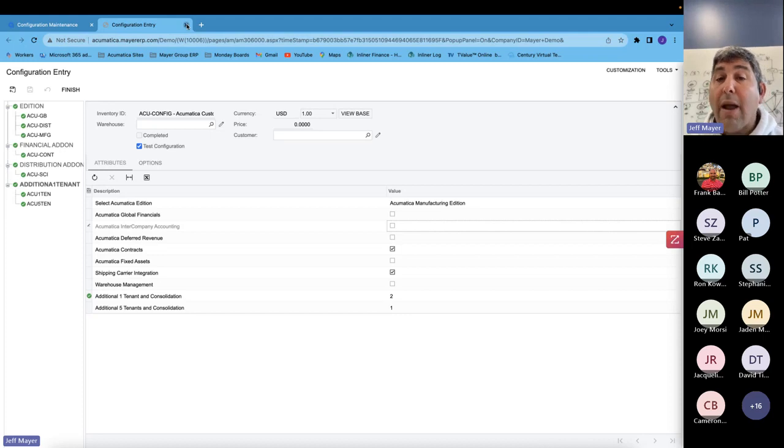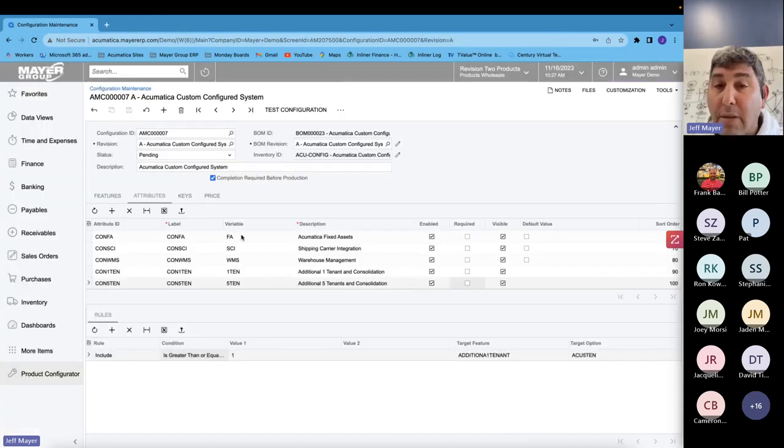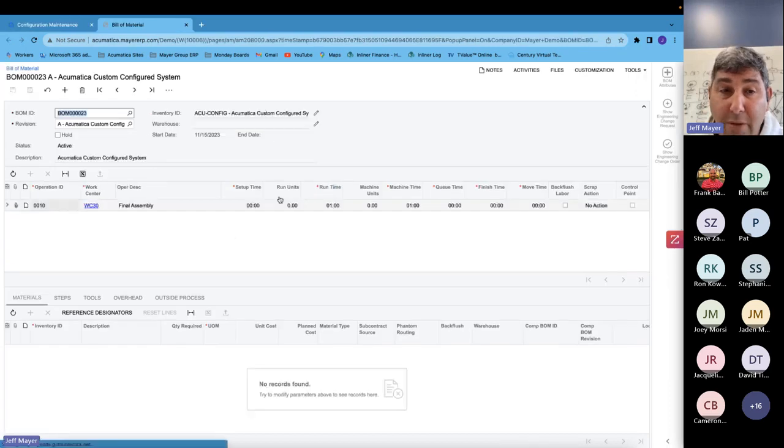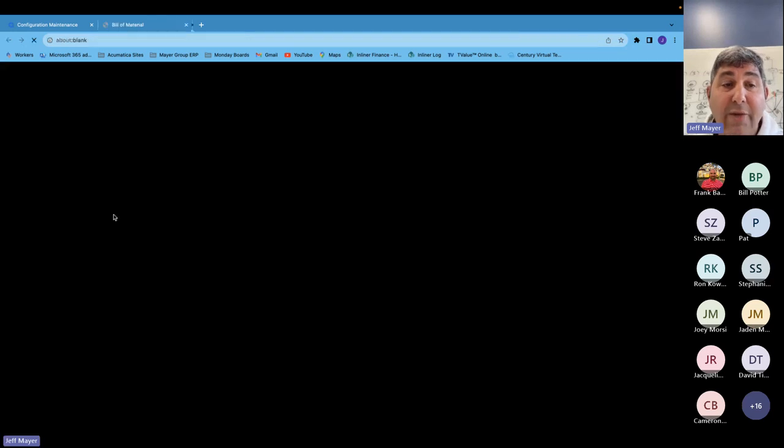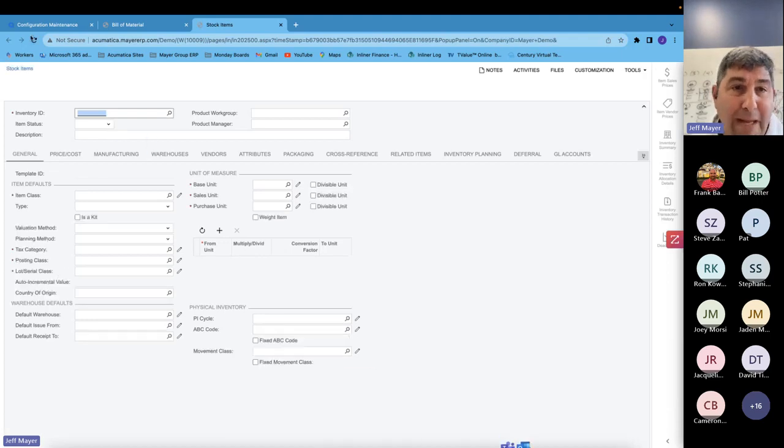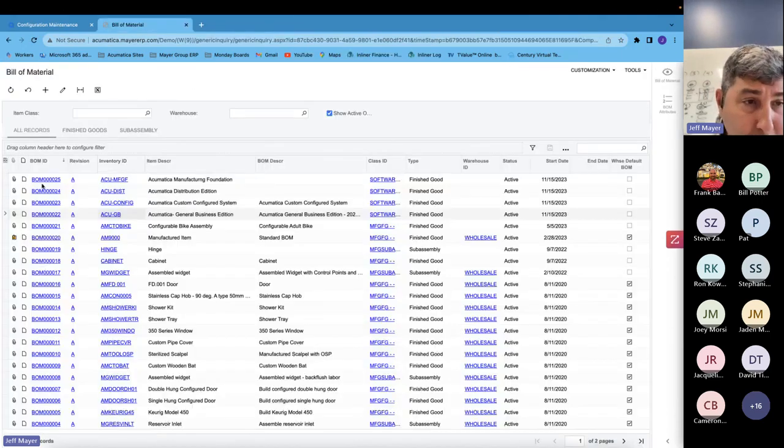As I mentioned, you absolutely can work with subassemblies. So if we open up the bill of material, you can see here I have one operation. I kept it super simple, no materials, right? To show bill of materials for a minute, I mentioned those different additions that I was using. So if we do take a look here at different bills of material, and I'll just sort this descending, they're my most recent, you can see, for example, the general business edition comes up. I meant to click on the bill of material ID, not the item. So you can see here, general business edition,